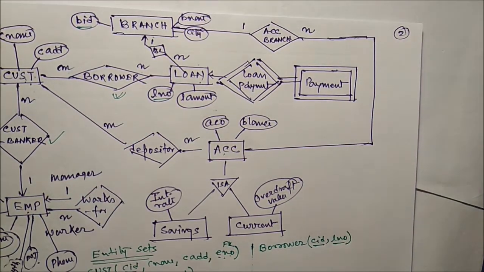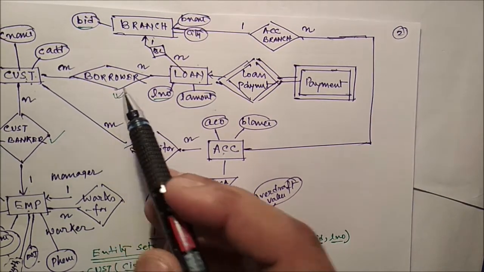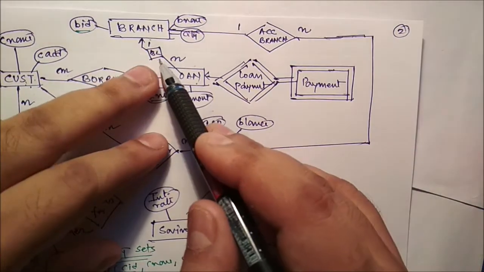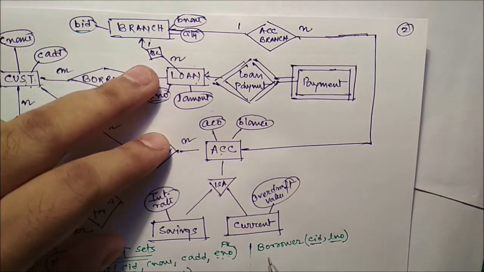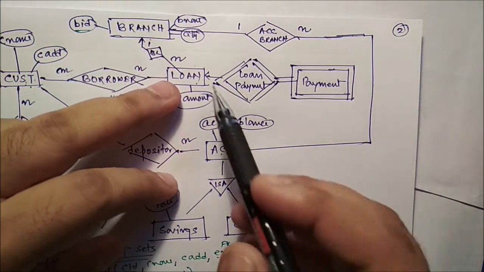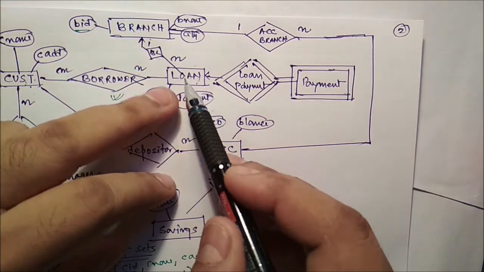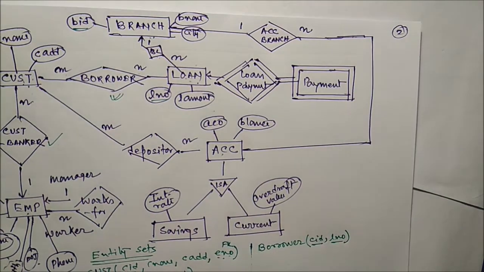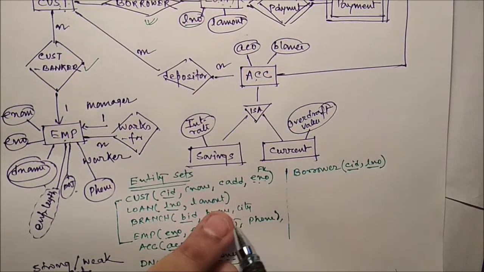Are you getting this one? Next, borrower is over. Next is what? Say balance. Okay, bank and loan, branch and loan. So BL means what? Branch and loan. So for branch and loan, we have to put the branch ID as a foreign key. So in the loan side, in the loan part, we have to put the branch ID.